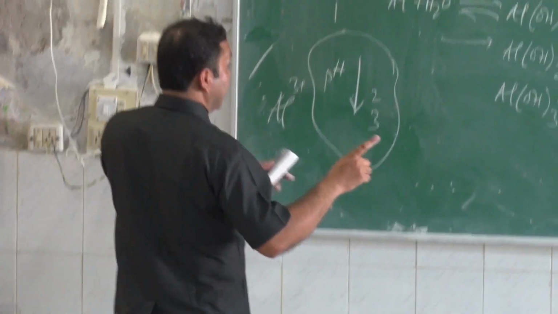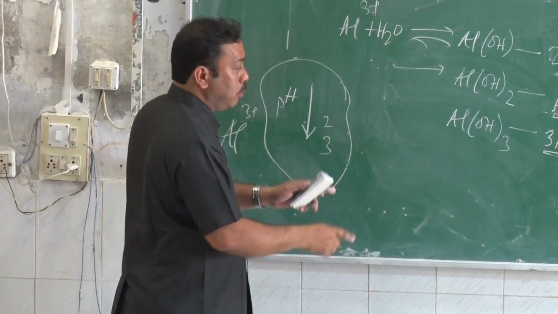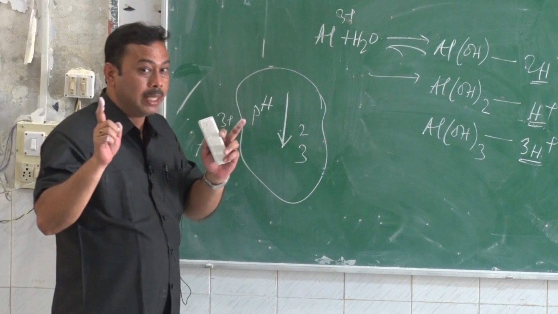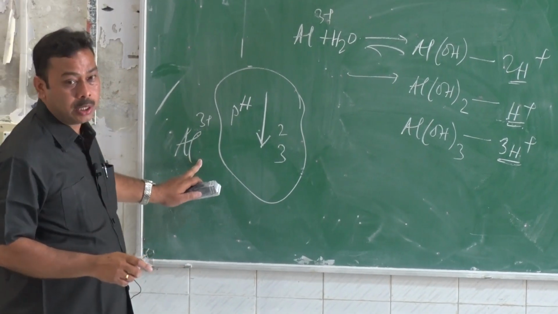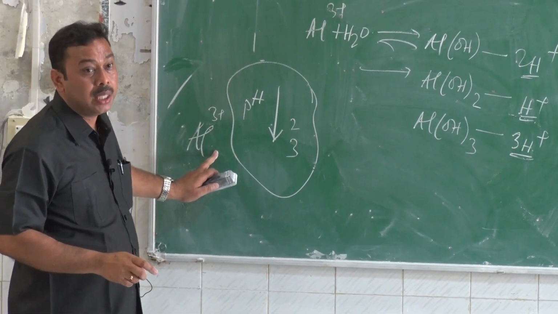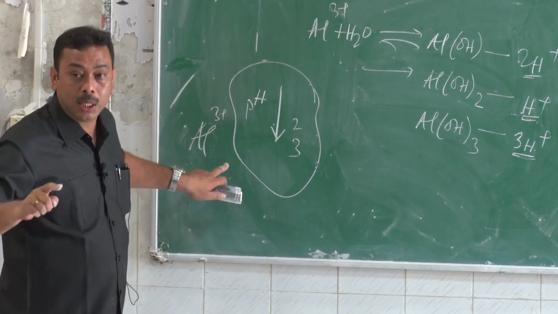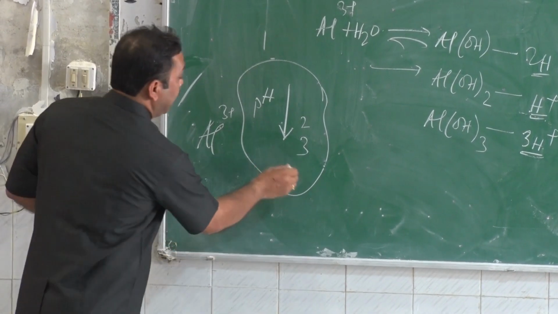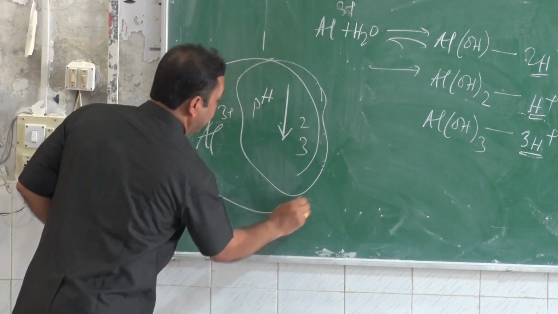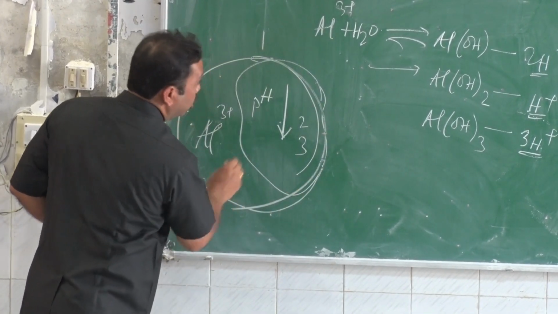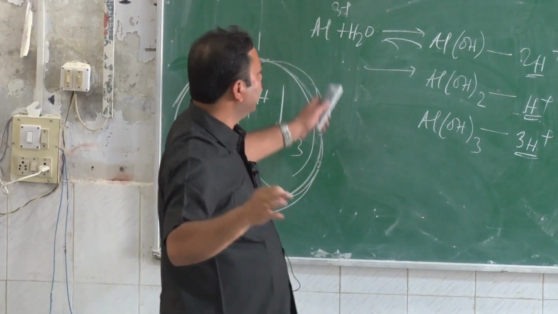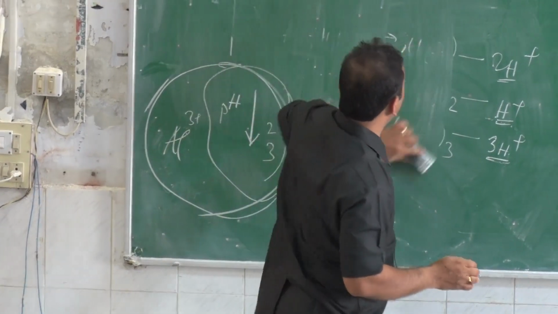Once again, I have shown you the charge distribution, and if it is being substituted by aluminium, I showed it will be the positive charge, and positive charge means more of the aluminium will be dissociated to hydrogen, and then more of the acid, and so the pH will be in that range. Remember that. This is one part. I wish to draw another curve where you will be getting many things clear. Okay, this is one. Now,